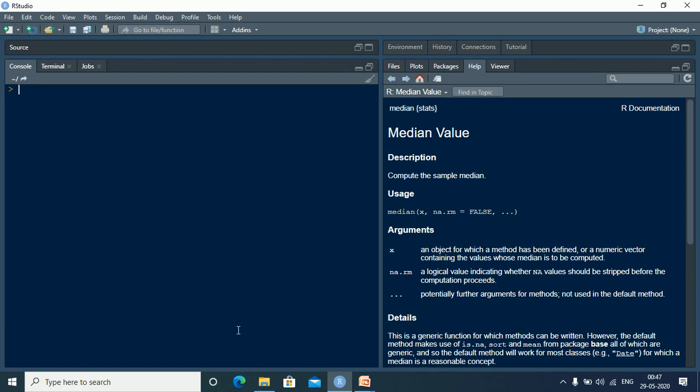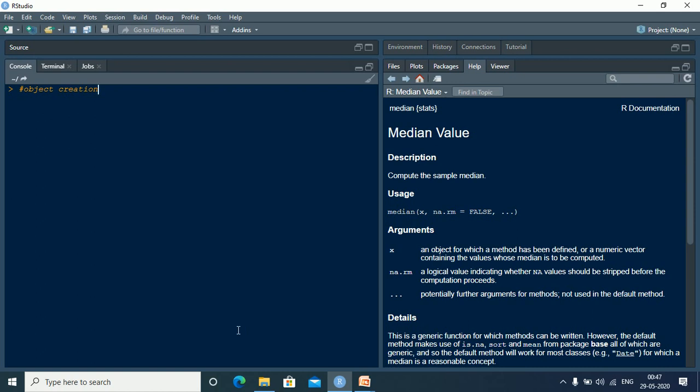So let me say, object creation. Now if you notice, I have used a hash before writing, which means that I have written non-executable code that R will not process, and this is basically a comment.